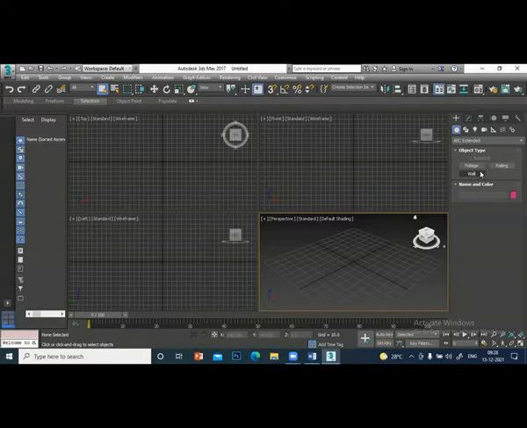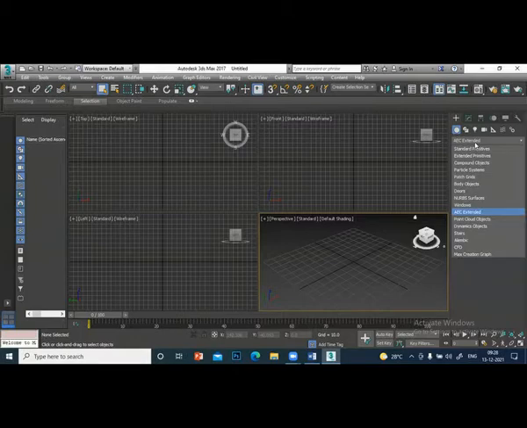All the things come under the AEC extended. Then you have staircase and so many other things. We will not be looking at everything, but all other important things we will be learning. Doors, windows, everything related to architecture we will be learning.